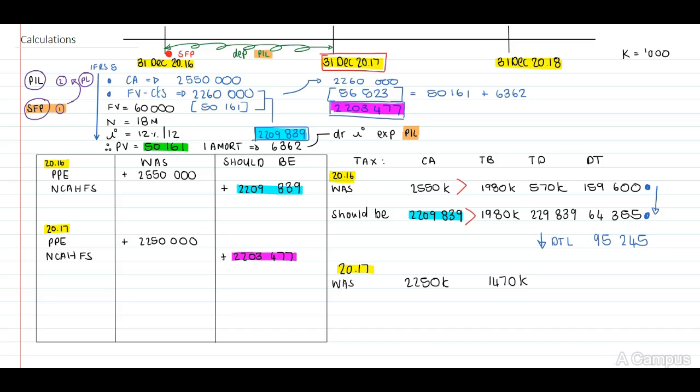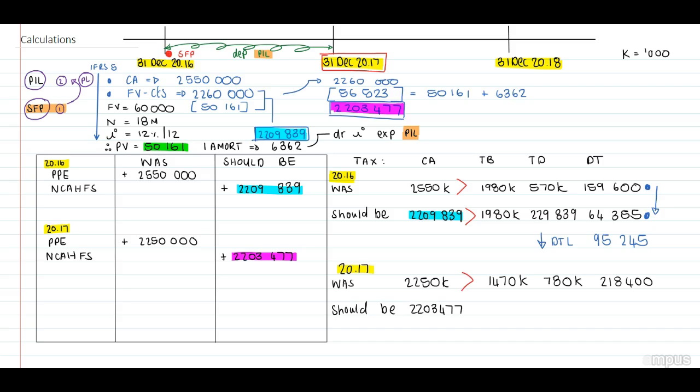Our temporary difference, 780,000. Our deferred tax, 218,400. Deferred tax liability. Guys, I'm pretty sure you know this, or I really do hope so. Okay, then it should be this